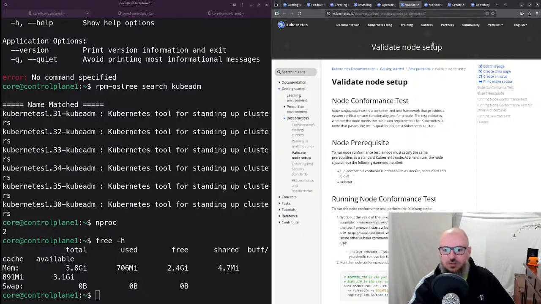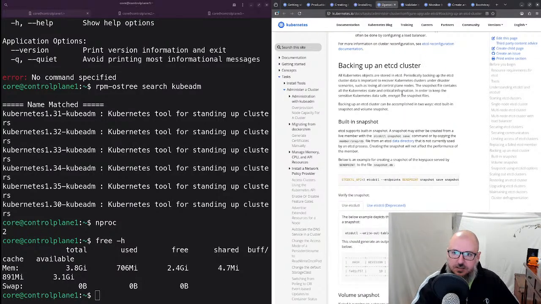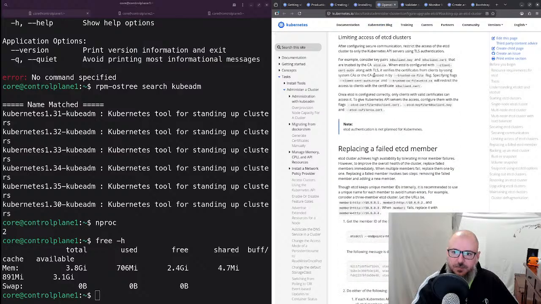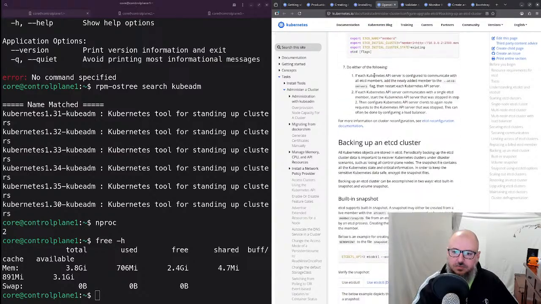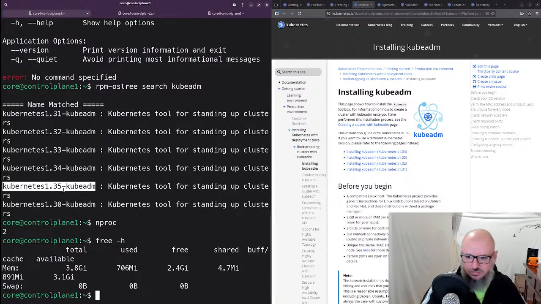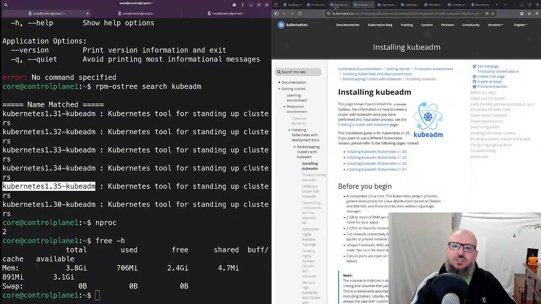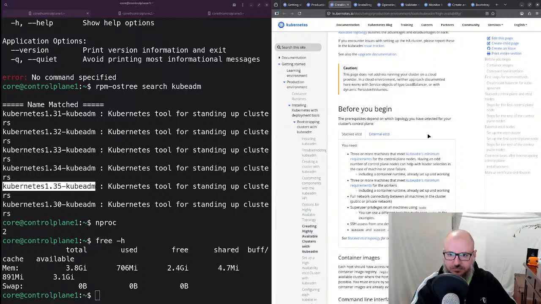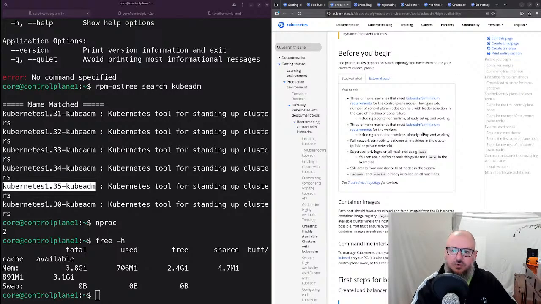This is alright. Backing up the etcd cluster is something that I will look into another moment. Oh yeah, 35 as well, I guess. Yeah, I will use this one basically. But anyways, before you begin,